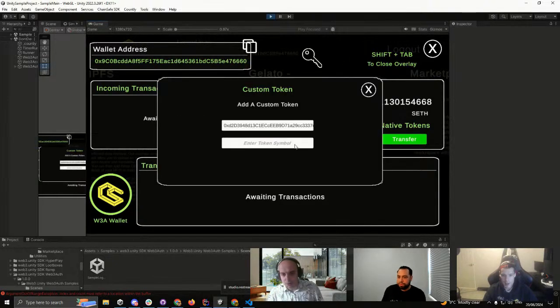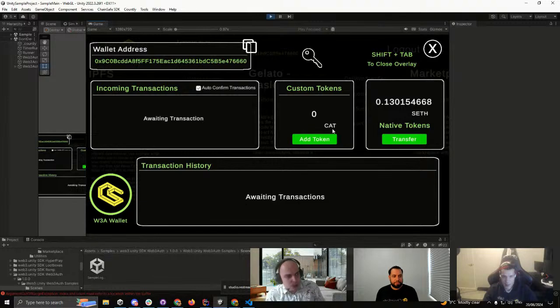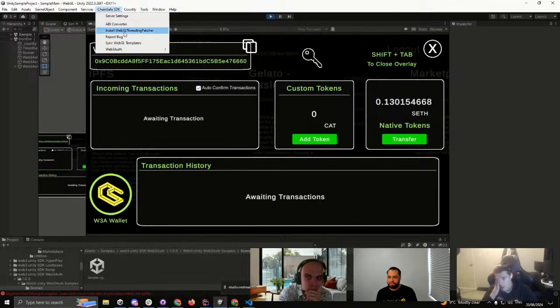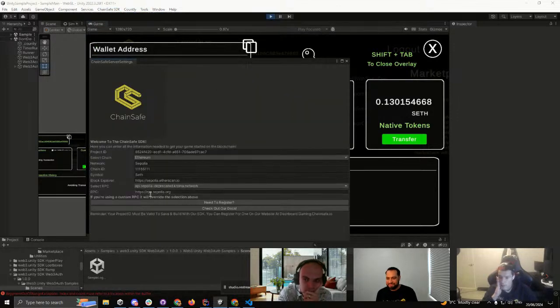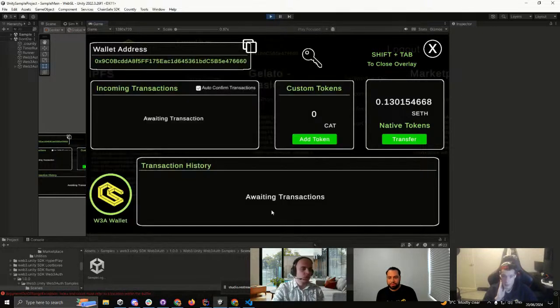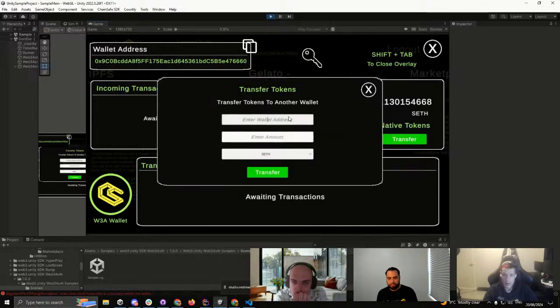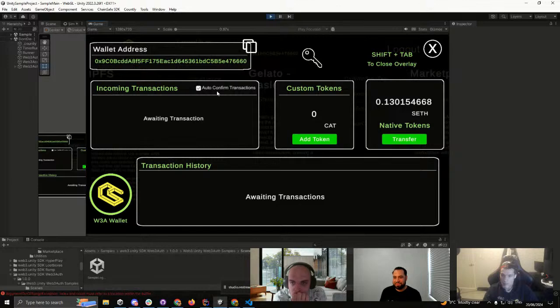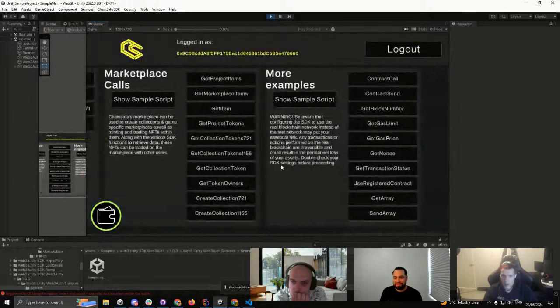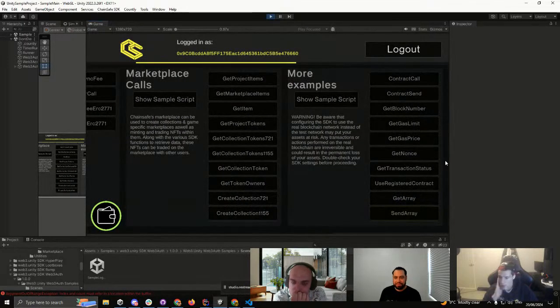But you can add a token in here. It will go through, add the token here, and it'll pop up here if you have the token balances. It gives you your native token balance here. This pulls dynamically from your server settings. So whatever you have set as your IPC provider, there's also a block explorer URL, which automatically gets populated, which is cool for transactions, which you'll see in a second. This will automatically change to whatever your native token is. You can transfer tokens. If you have a custom token, it'll show up here, which is again just wallet address and amount. But the cool thing is, we have auto-confirm transactions. So how Web3 Auth would usually work is you'd make a write call.